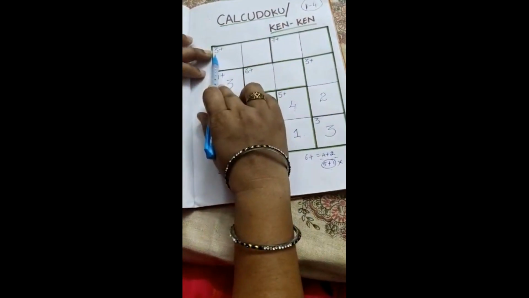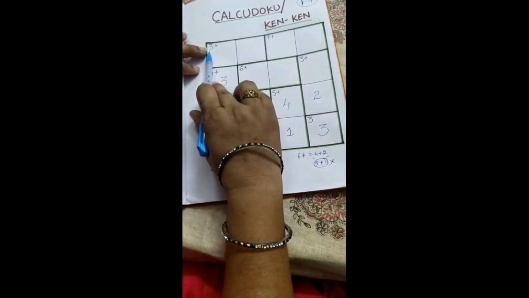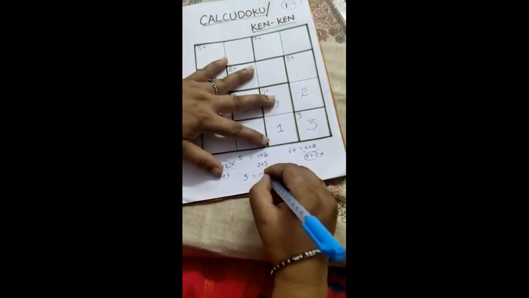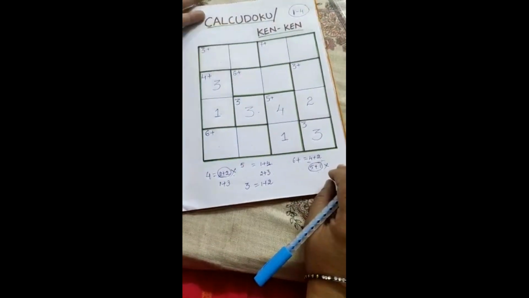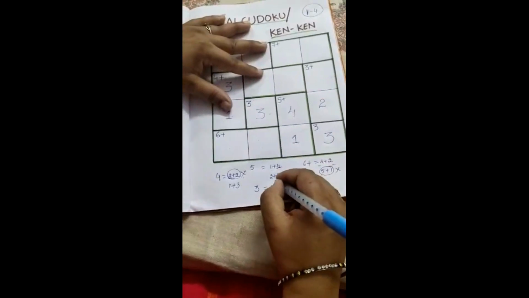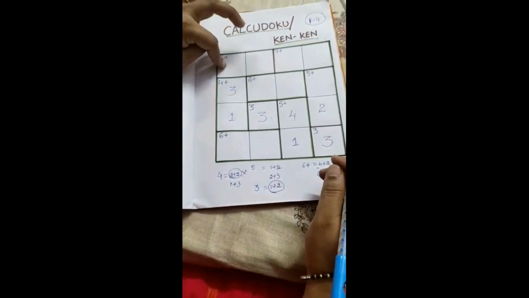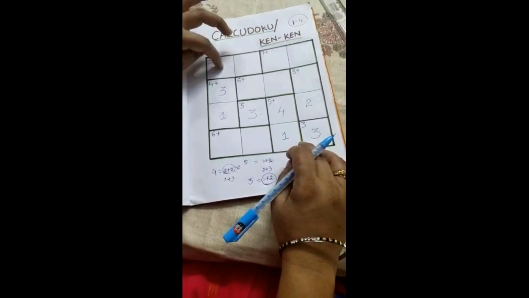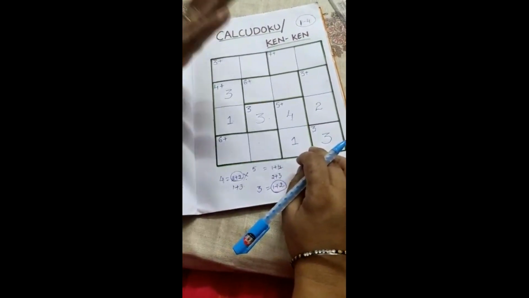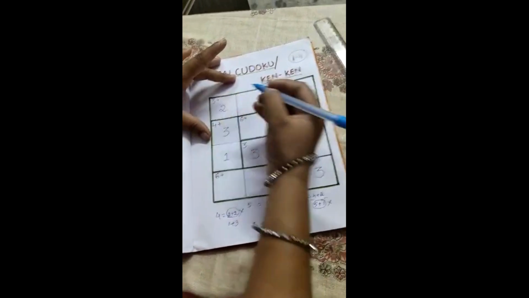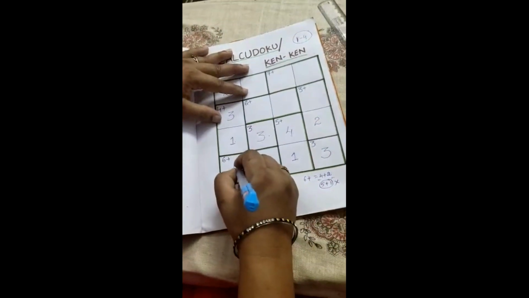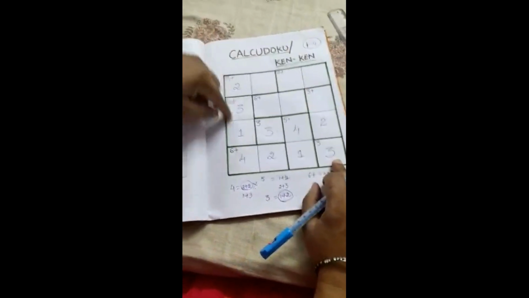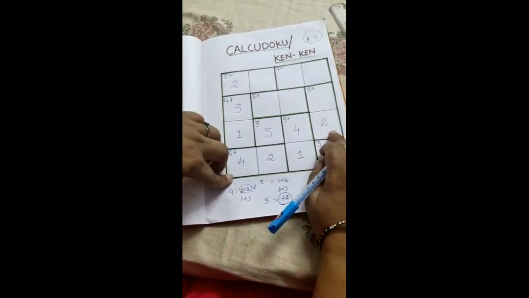See, this is 3 plus. That means 3 should come by adding 2 digits. What are the combinations? 1 plus 2. Yes, no other combination, only 1 plus 2. If I write 2 here, 2 will not come here. If I write 4 here, can 4 be written here? No, 4 is no choice. So compulsorily it must be 2. If I write 2 here, it should be only 4 and the remaining digit 2. One row completed, one column completed, another row has completed.